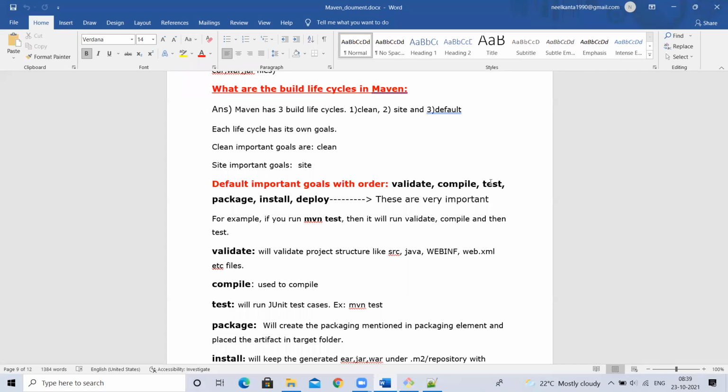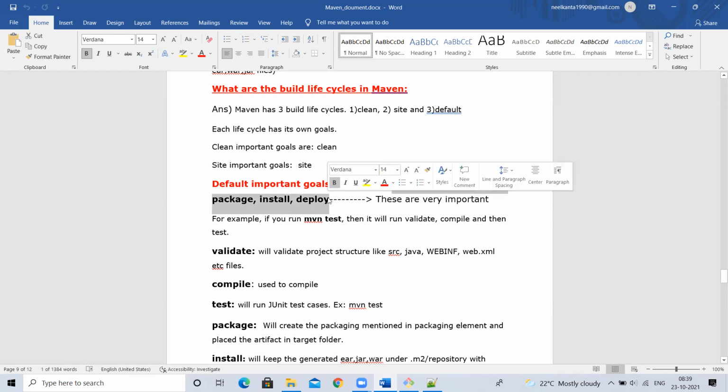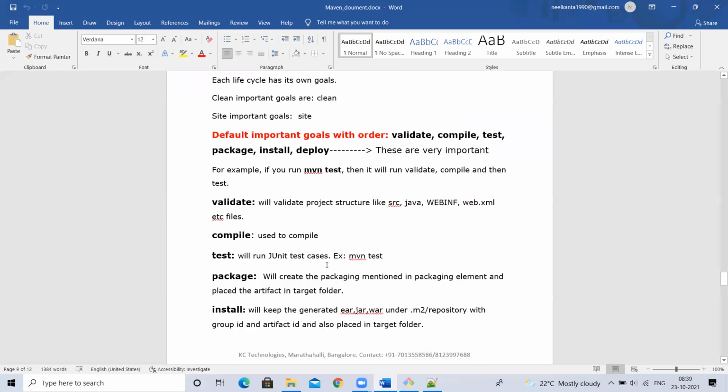Yes or no? Yes. In between these phases, before and after, there are so many life cycle phases, around 23 in default, but you don't need to remember all of them. This is important. If anything is required, developers will learn this. You don't need to worry. Okay, this is enough for us.